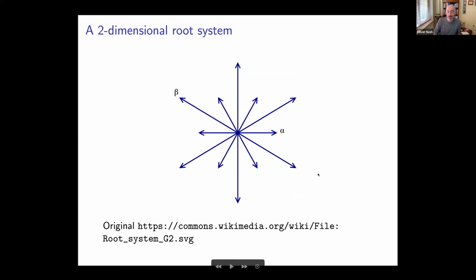There are 12 points here, and these are the 12 elements of this root system. And you can convince yourself, if you reflect in the line perpendicular to any one of these arrows, that set goes back to itself. And if you spend even more time, you can probably begin to convince yourself that that's quite a special property and not so easy to satisfy in general. Okay, so that's root